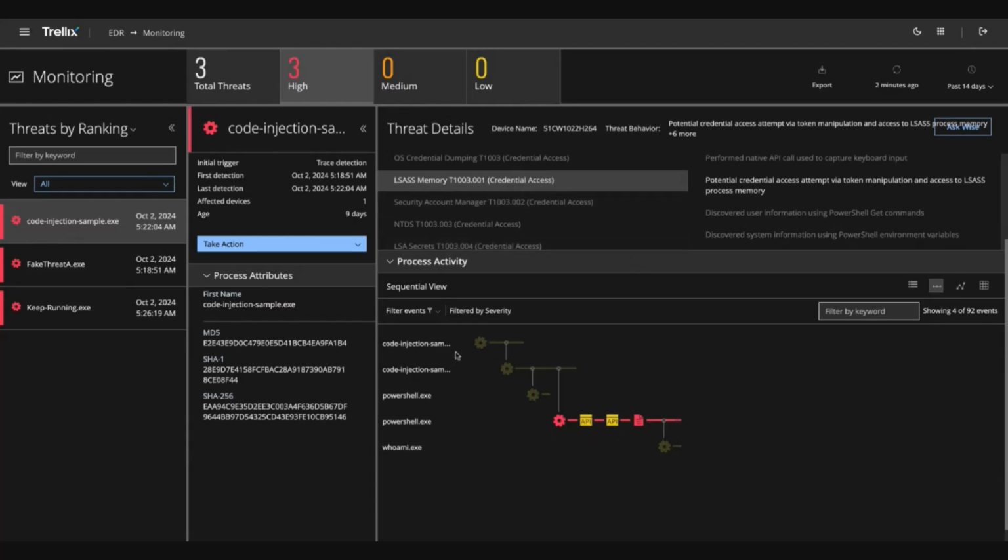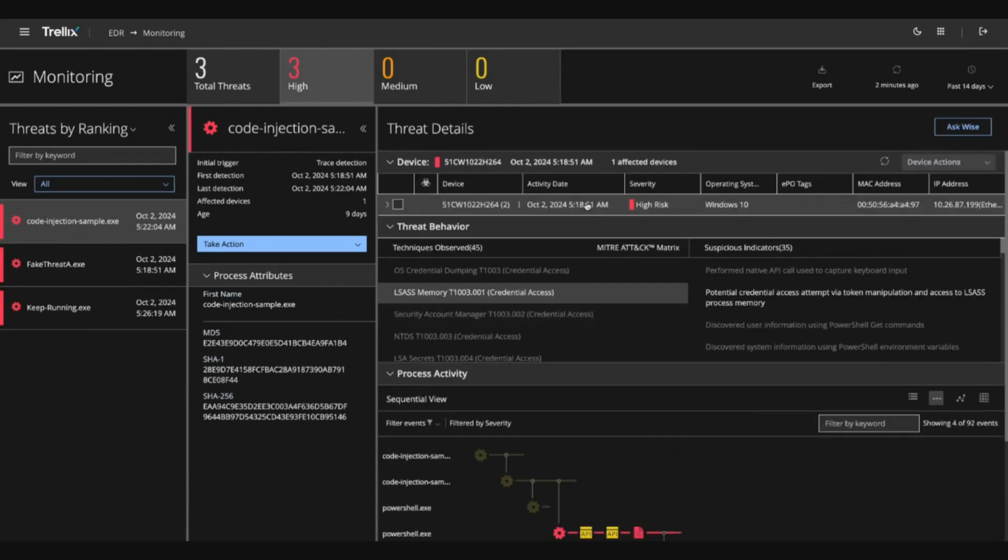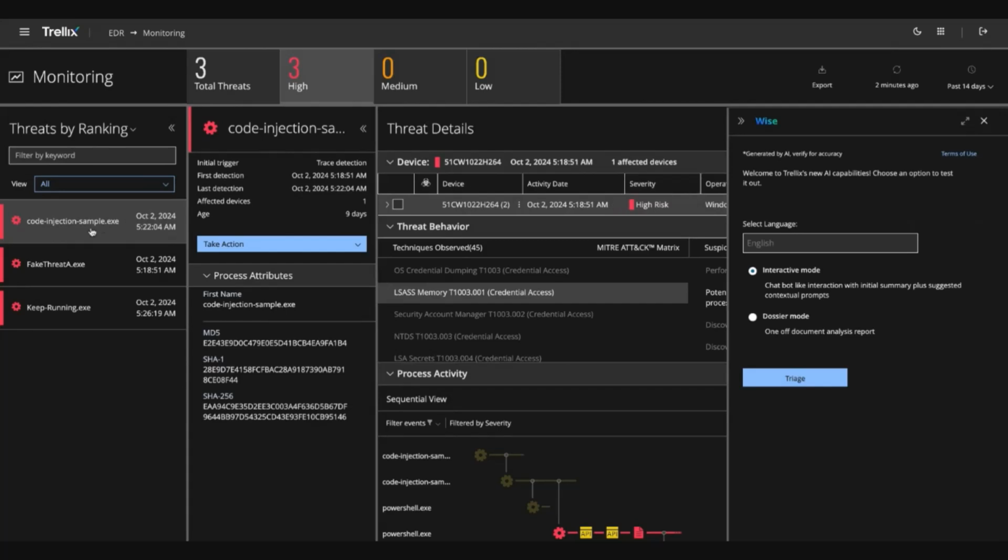So that's a quick overview of our EDR interface. But now I want to actually go into Wise and talk through some of the details we have there. So really, the main difference in how you kick off Wise is this Ask Wise button. So you just click that once you've picked the threat that you want to analyze, and you can see here